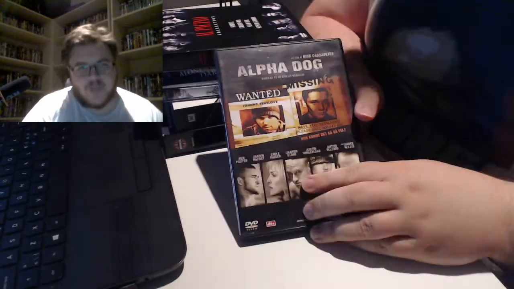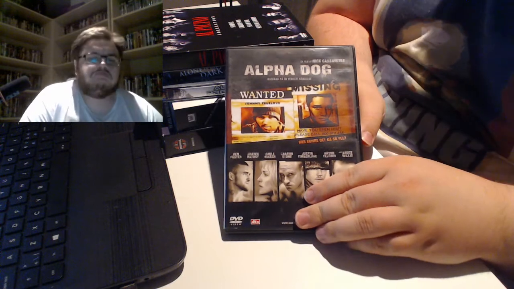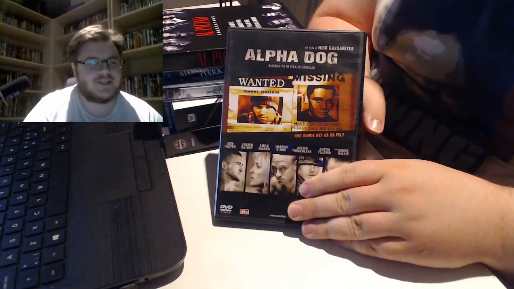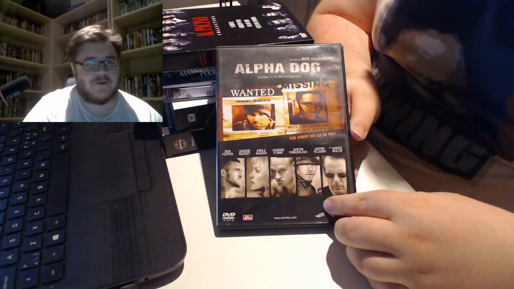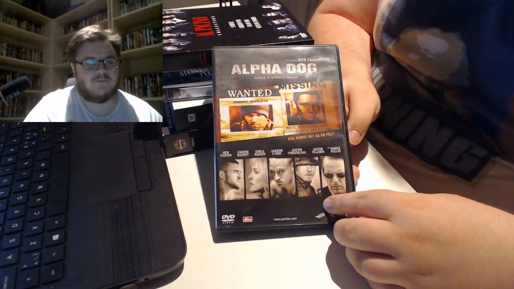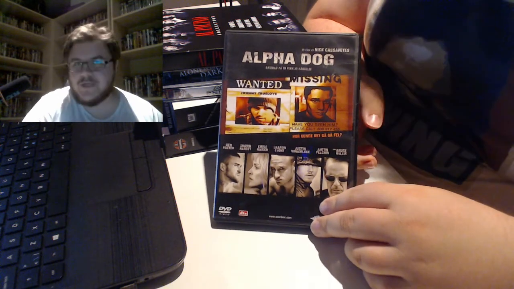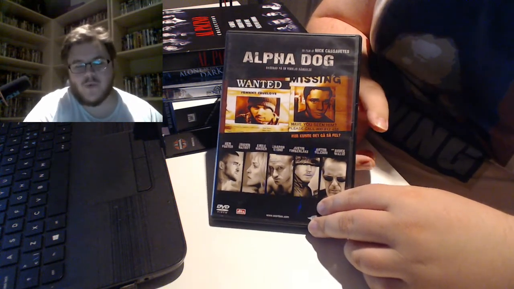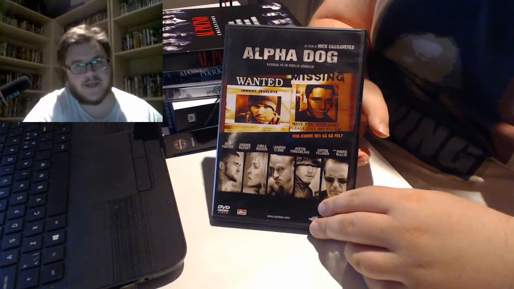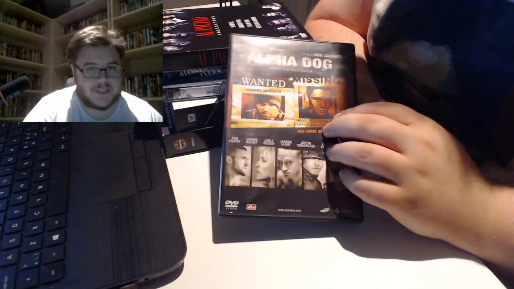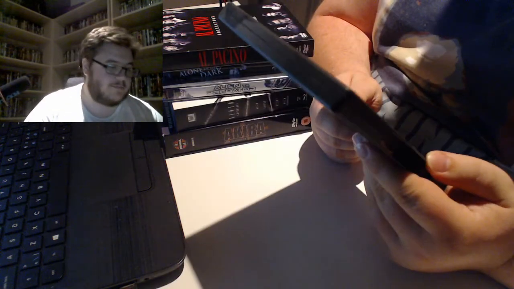After that, we have Alpha Dog. It's an okay gangster movie with this kids twist. It's all about these kids who think they're gangsters, but they're really just spoiled brats. And when reality creeps up on them, and they realize, oh, we actually gotta act as adults now, it kind of breaks apart. Why I bought this was, of course, because Ben Foster is in it.